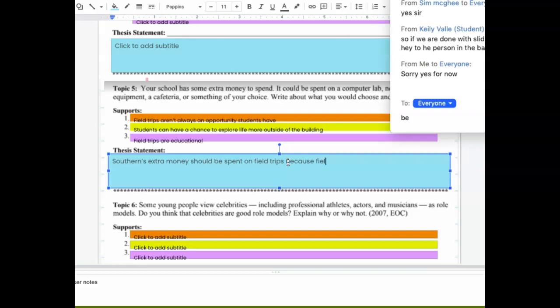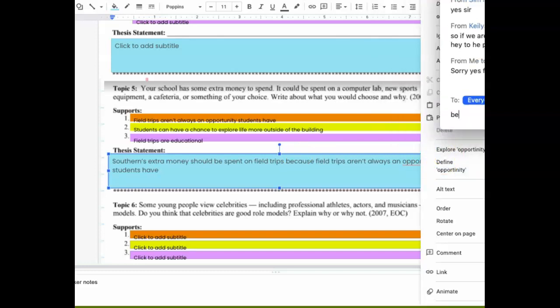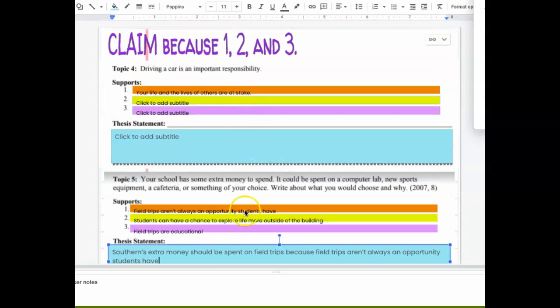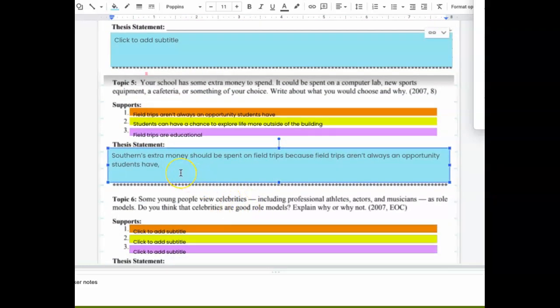So I'm going to put my first support, field trips aren't always an opportunity students have. And then what goes before my next support? Explain or evidence. So you're thinking about ACEs right now. What punctuation do I put before my next support? Comma. Exactly, comma. Then I put my next one, students can have a chance to explore life